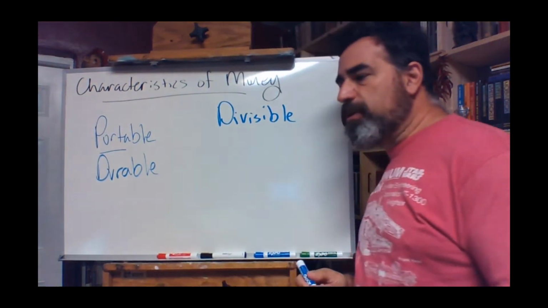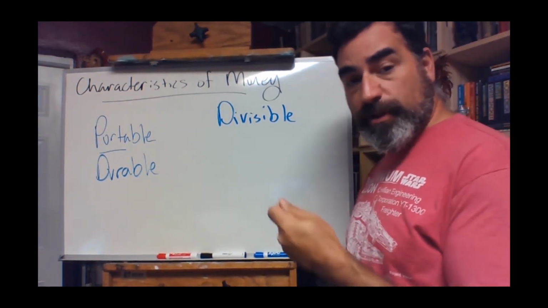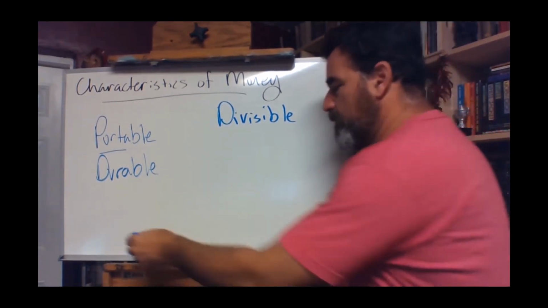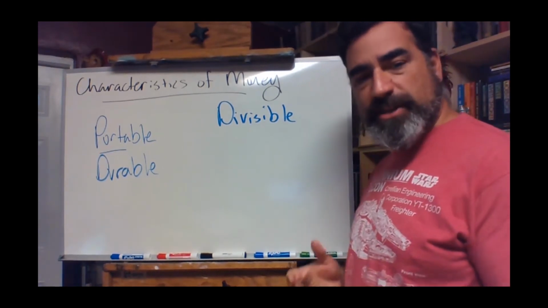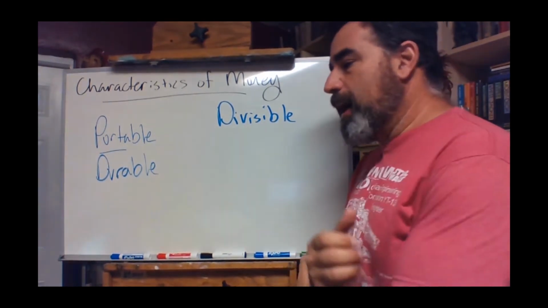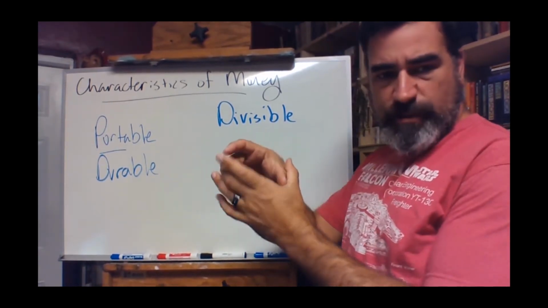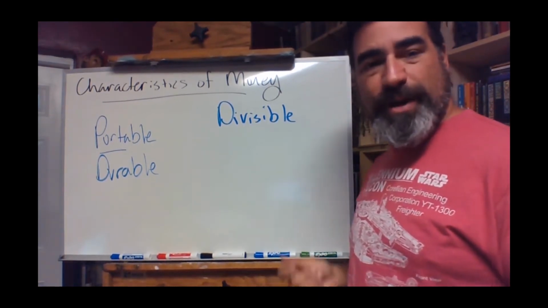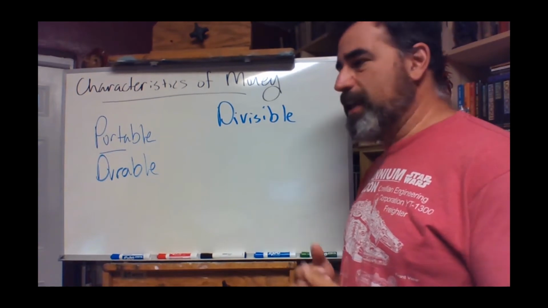It is divisible. You can divide it up into smaller components. Now, this actually used to be a literal property of money. So when you take a look at the very first global currency, the very first global currency is the peso, right? And the peso was a gold coin. It was a gold coin about yay big, right? And one of the characteristics of gold, well, it's durable, right? And also it's relatively malleable. You can cut it fairly easily.